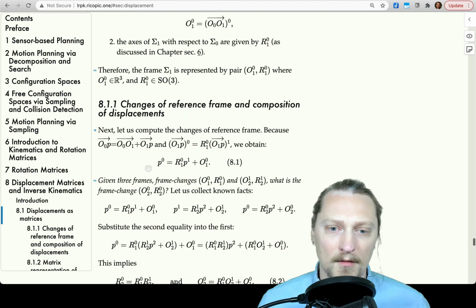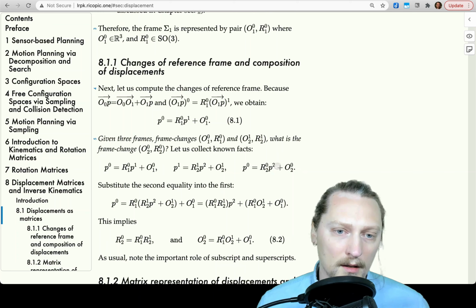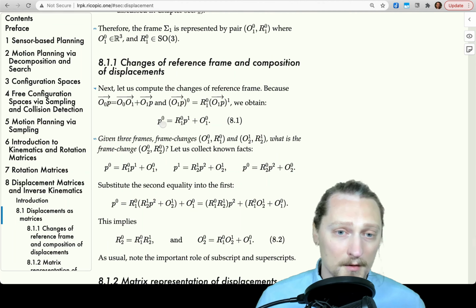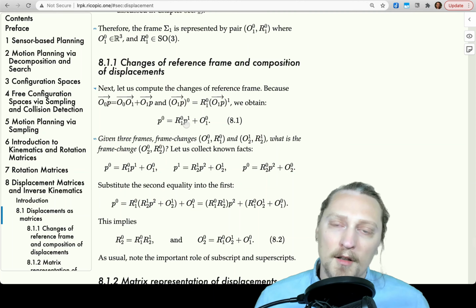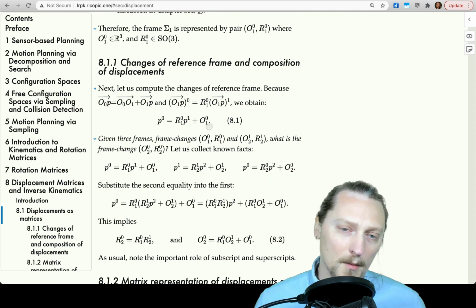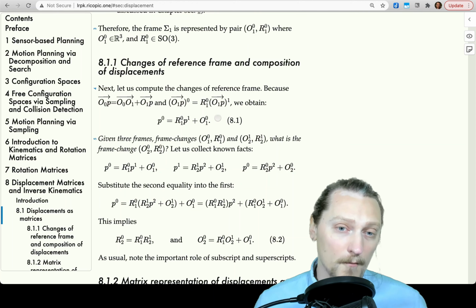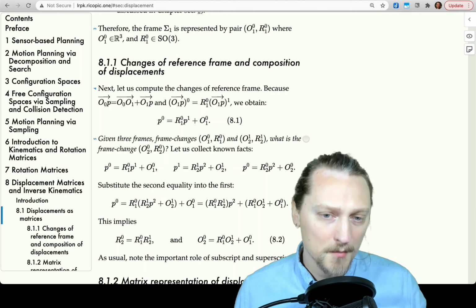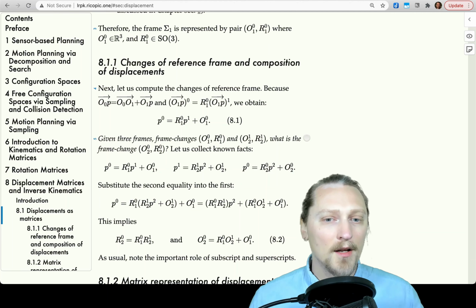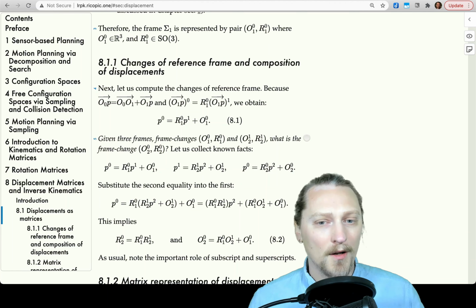So we obtain the following equation, 8.1, which tells us what P is in the 0 reference frame given the point in the 1 reference frame and the relationship between the origin of reference frame 1 and the origin of reference frame 0. Given 3 frames, frame changes O1 to 0, R1 to 0, and O2 to 1, R2 to 1,